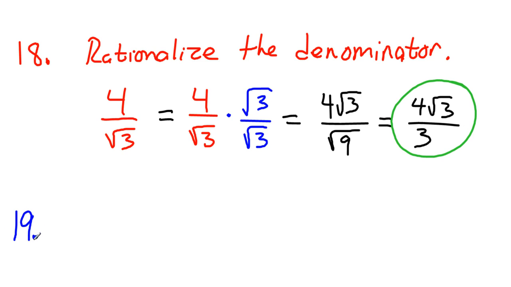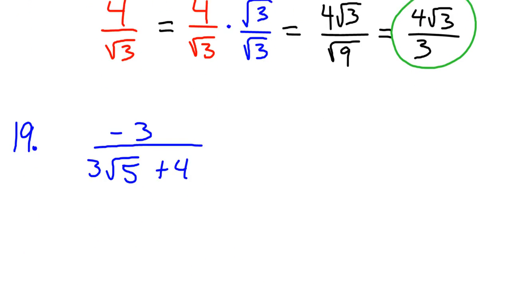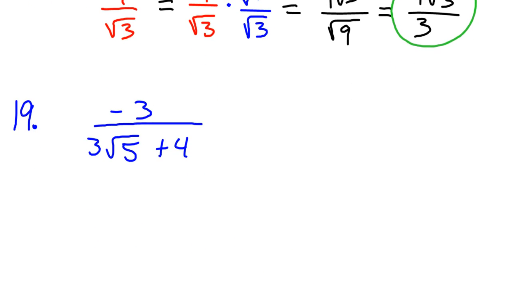Okay, and 19, still rationalize the denominator, but this time it's a 2-term denominator. So it's negative 3 over 3 square root of 5 plus 4. So for this one, you're going to take the original problem, and the only thing you're going to do different